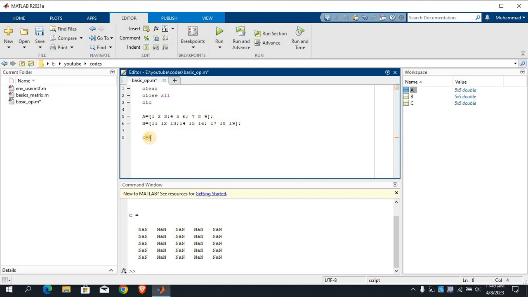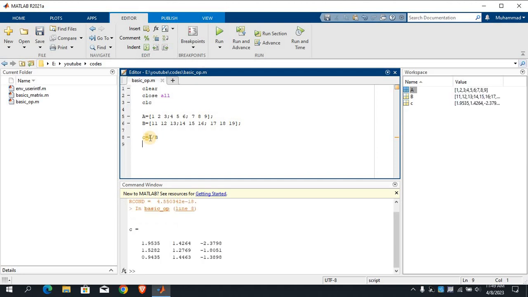by using this type of slash, then what we will get is the result 1 divided by 11, A divided by B. Press F5. Now this is giving me the result A divided by B. And in a similar way, if I do C equals A, this type of slash, capital B, now this will give me the result B divided by A. Okay,